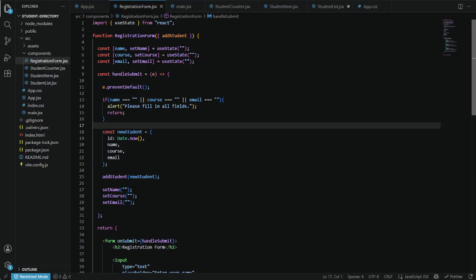And then this one, prevent default, stops the form submitting from refreshing the page. So the data will just stay put. It would disappear if you refresh.